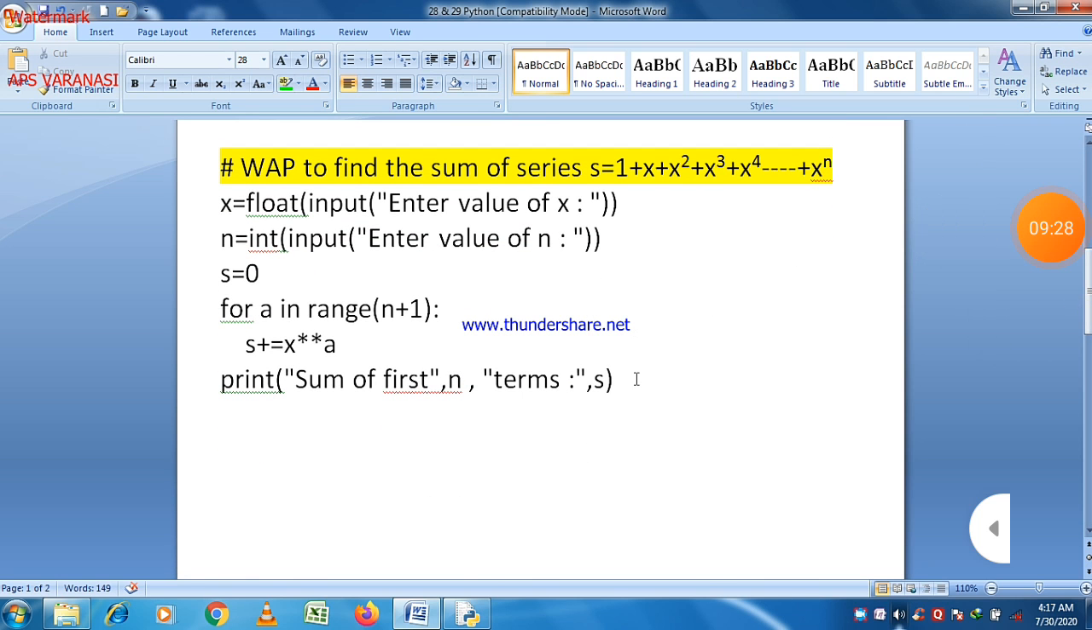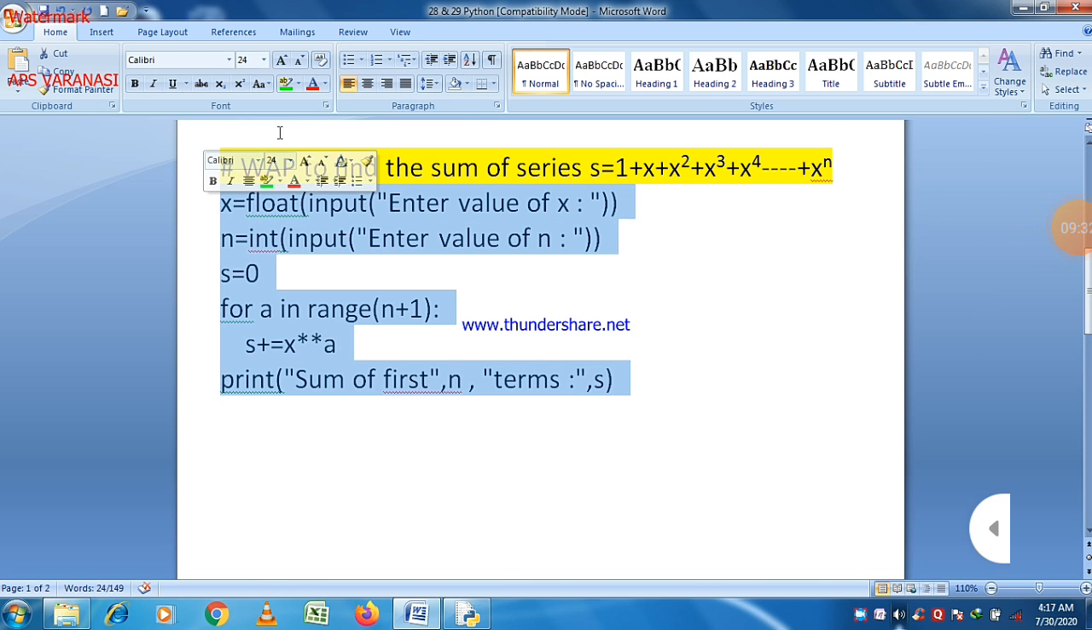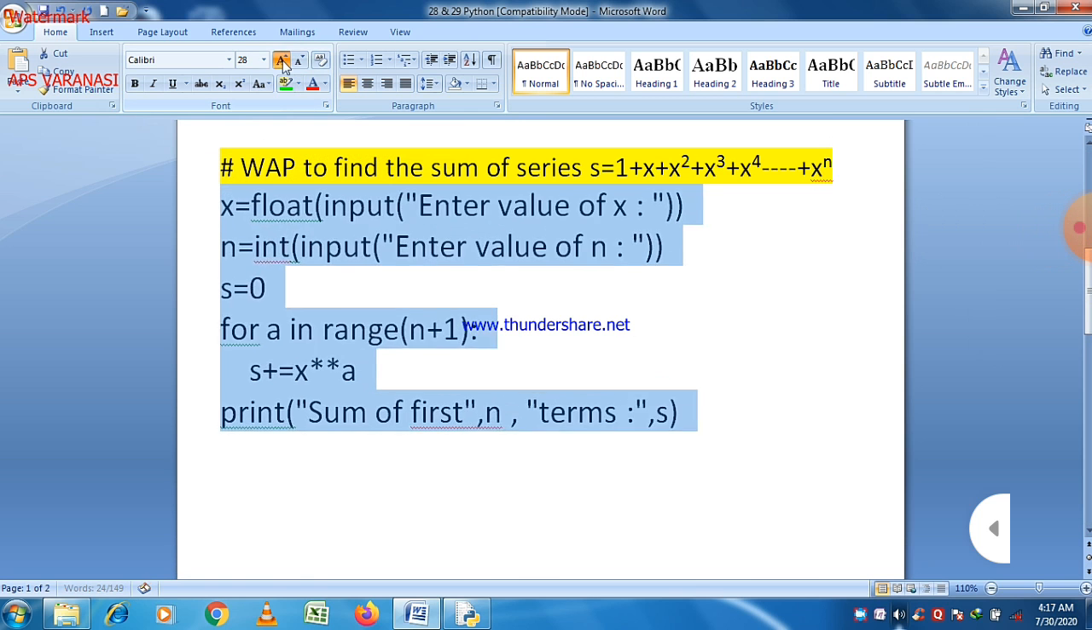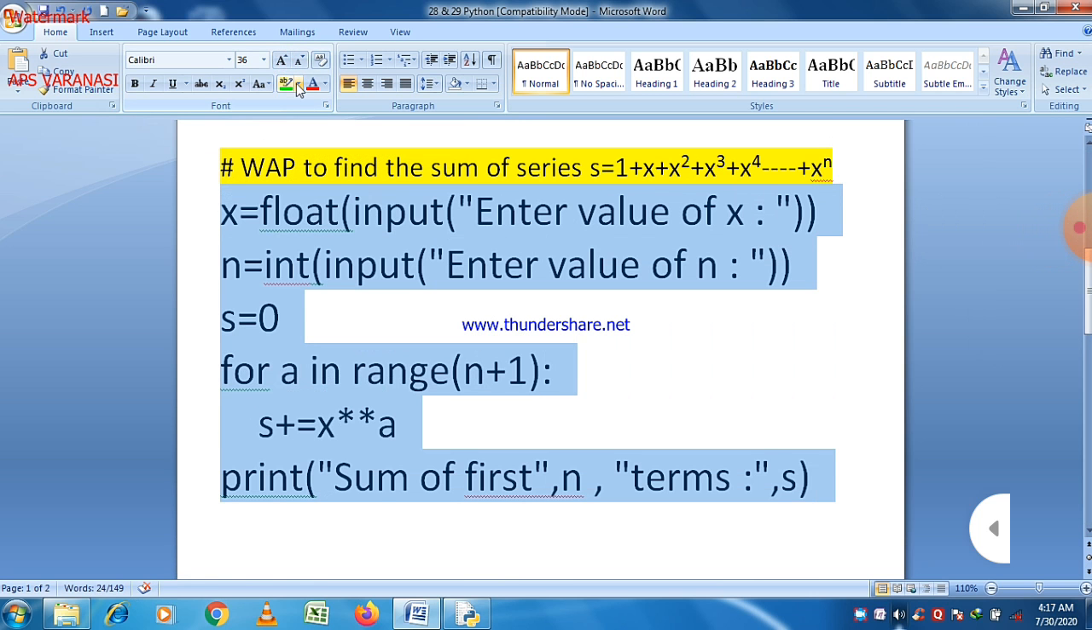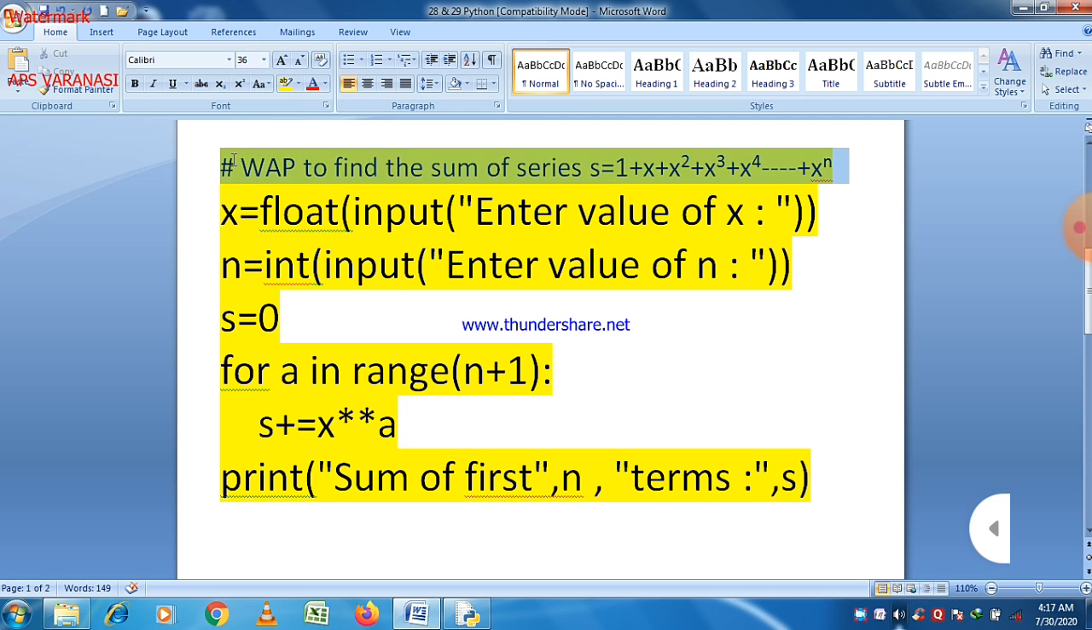This program is used to find out the sum of a series. The series is in the form of 1 plus x square plus x cube plus x4 up to power xn. It is a very simple series, and the power is continuously increasing. You can see easily here, x is any term and the power is continuously increasing from 0 and onwards, because if